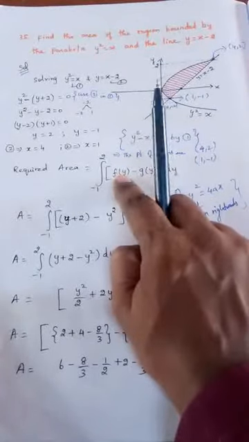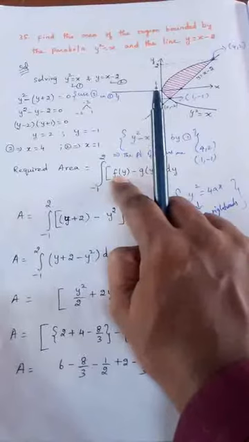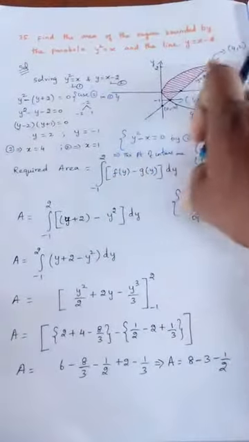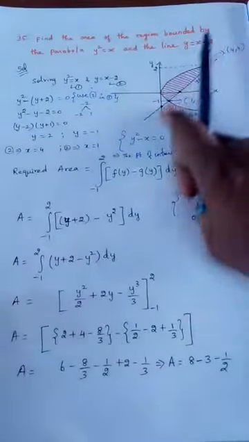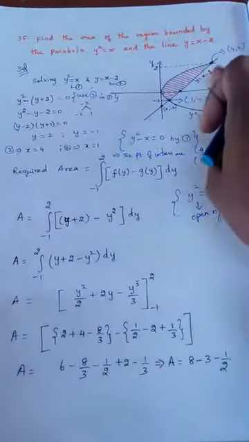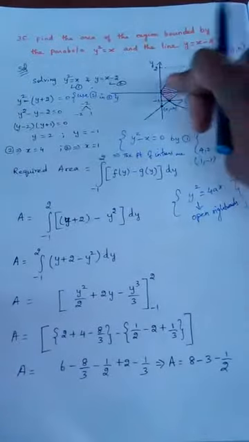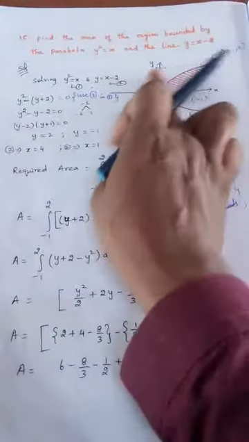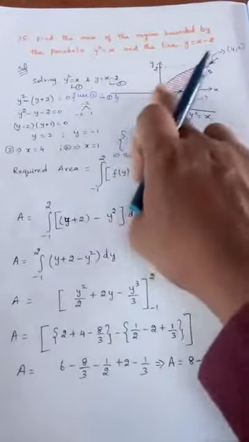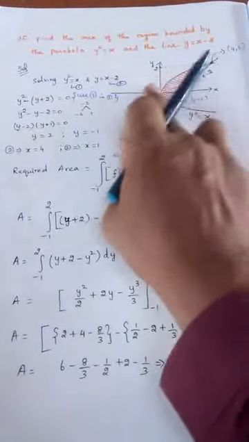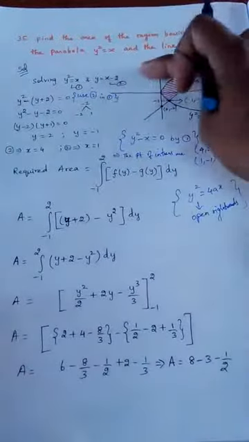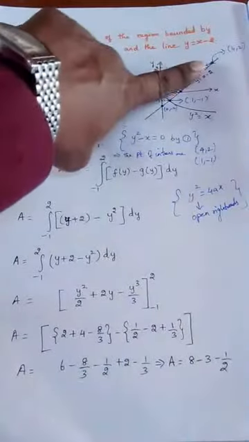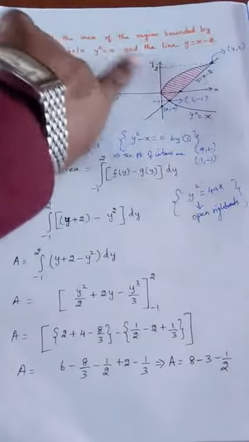Now I have to find out what is f of y, what is g of y. What is f of y? The curve which gives the maximum area. Now you just see the boundary and see the straight line. You just forget about the curve. Only if the straight line and the two boundary lines are present, this is the area which will be covered. I am shading here now. That area will come under the straight line and these two boundaries. This entire area fully will come.